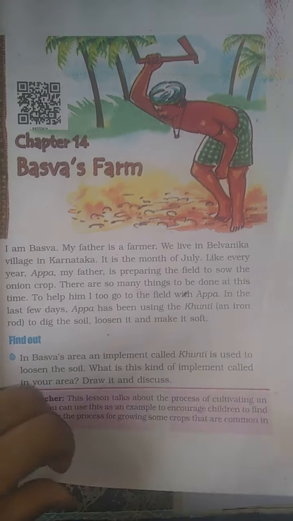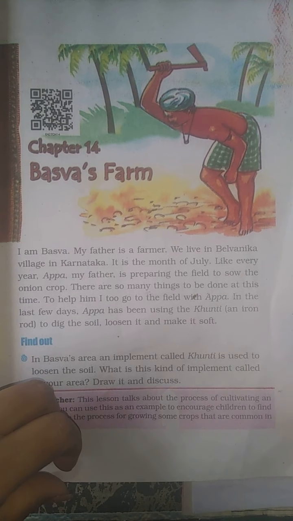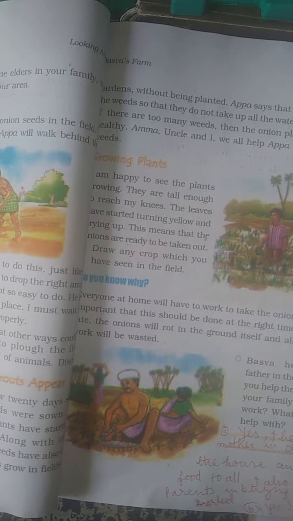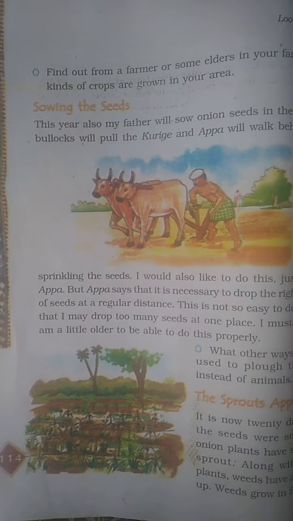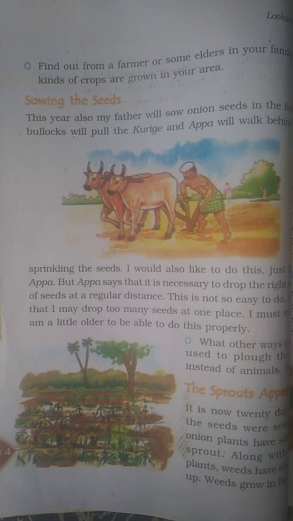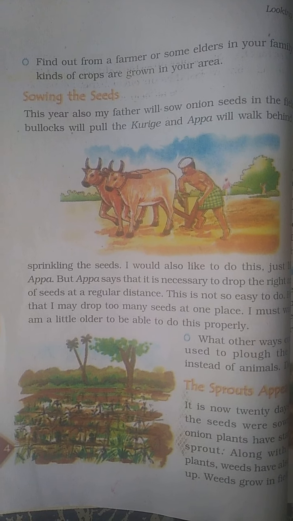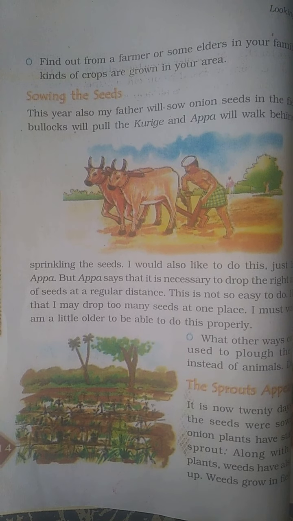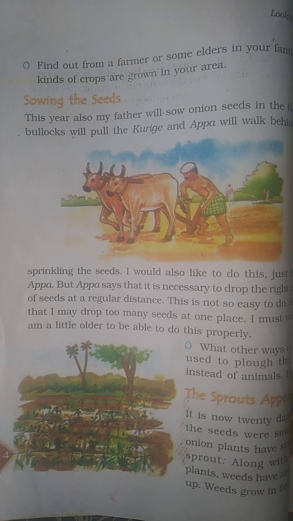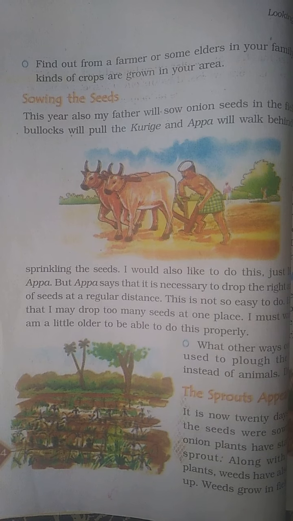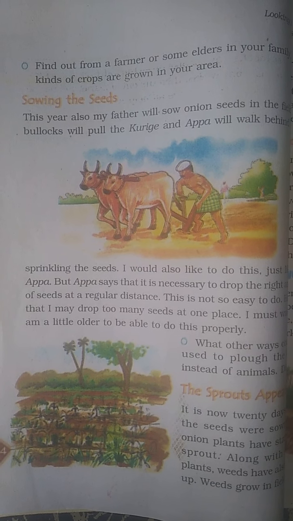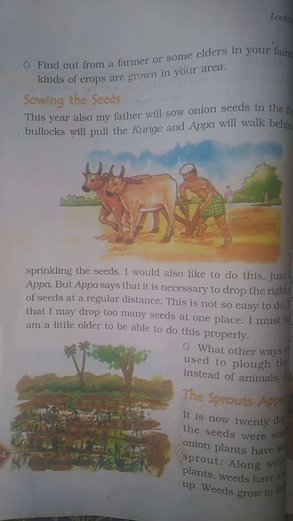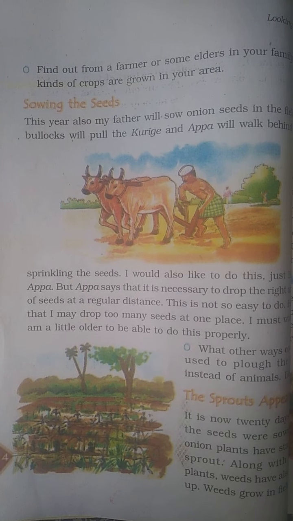Like I used to do, I'm not going to read the whole chapter. I will just explain with a few important points, okay? So when we are into farming, the first thing we do is to clean the field, okay? Because there are lots of weeds growing around. Weed is a grass which has no use. We can't eat them. If there are lots of weeds in the farm, it affects the growing of the crops.